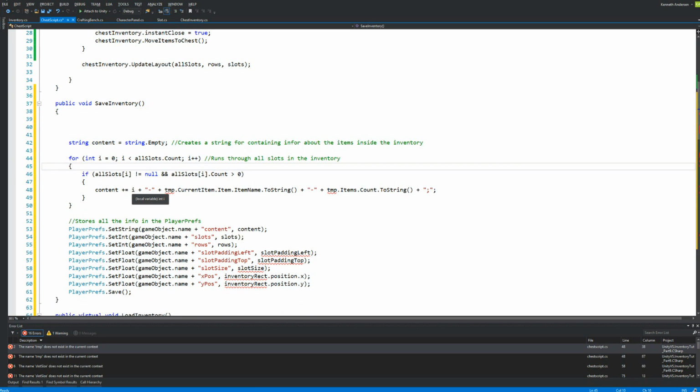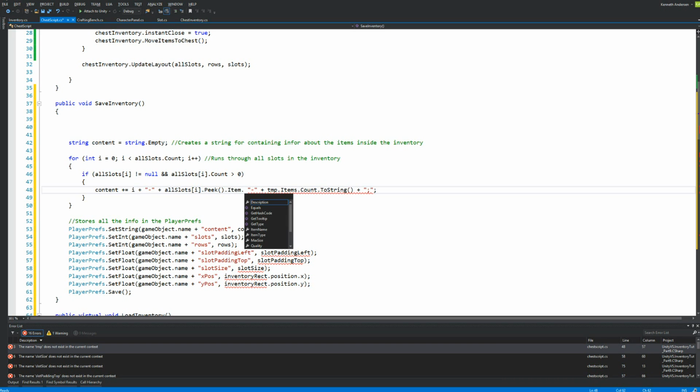So content I plus this one plus, and then we need to delete this, and we need to write all slots dot I dot peak item dot item name. So we're going to store the item name of the item stored in that specific slot,